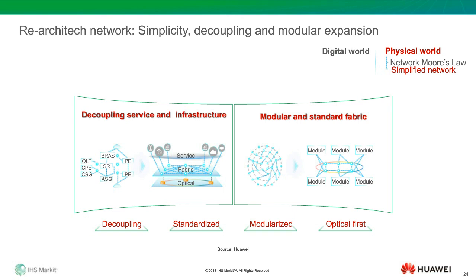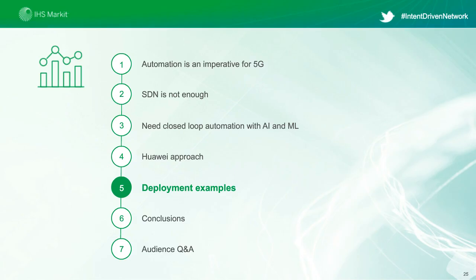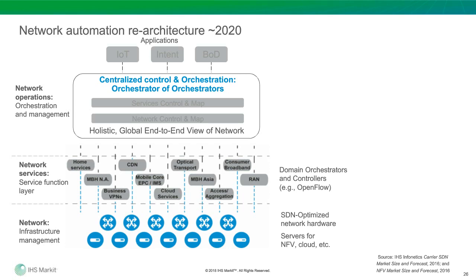So looking back, we do architecture simplification, we follow Moore's law, and we add IDN-driven capabilities, so we can put intelligence on top of a simplified network to address challenges moving forward. As I mentioned, this is pretty much our approach. In the next session, we will talk about some practice. Before moving forward, I will pass to the analyst perspective on how to do automation on a re-architected network. When we simplify the network, we then add automation on top of it. So Cliff, can you take over?